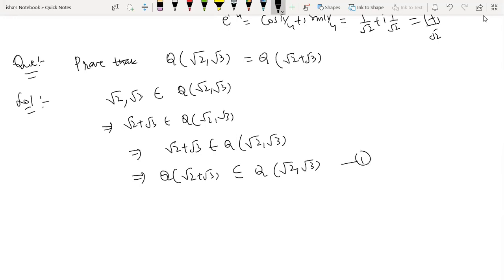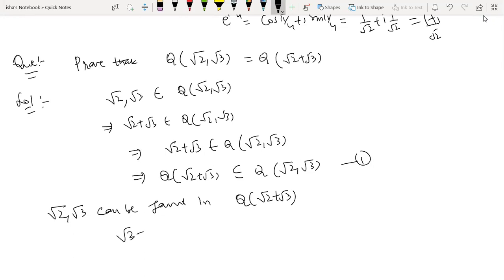Opposite. Now what we want to prove is that individually square root 2 and square root 3 can be found in Q(square root 2 plus square root 3). That their sum is there, but now we want to prove the result that individually root 2 is also there and root 3 is also there. So that means something you have to do to show that root 2 also belongs there, root 3 also belongs there. This is very easy to see.